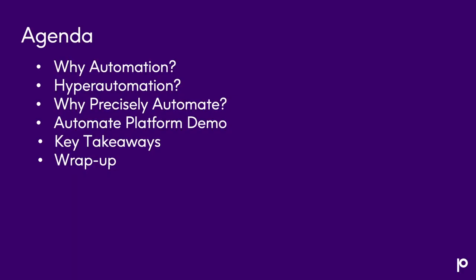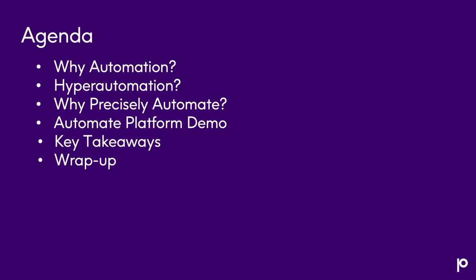So what are we going to talk about today? Well, we're going to talk a little bit about why automation and why automation is so hot. It seems like, as part of our digital transformation efforts, automation has become that lead thing that we're doing now. And we're going to talk about why is it so important and what is really driving that interest in automation. And then we're going to talk about hyperautomation, because now the buzzword seems to be hyperautomation. It's the thing we're all doing. But what is hyperautomation and why is it so important?